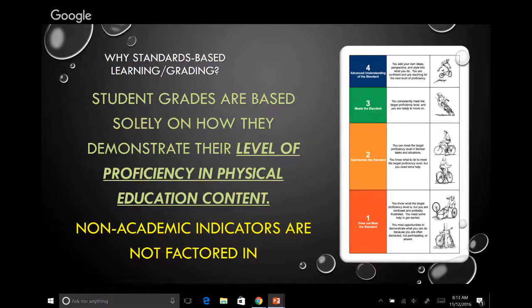I could peel out some evidence for sportsmanship, but the criteria for sportsmanship was kind of vague and out there and not really defined. So in a standards-based system, both effort and sportsmanship become more defined for your students and for you.